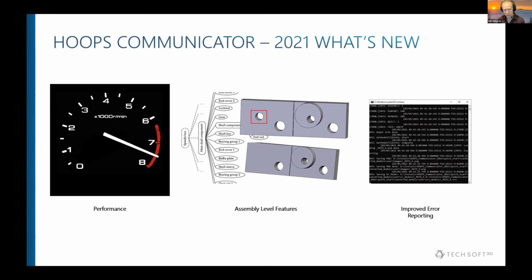Another enhancement we made to the core Communicator was better error reporting, especially around HOOPS Converter. Converter doesn't typically get called only once or to output only one file. Our partners typically do many output stages. So they'll read in different models, process and export images, CAD files, Streamcache files, STL files.